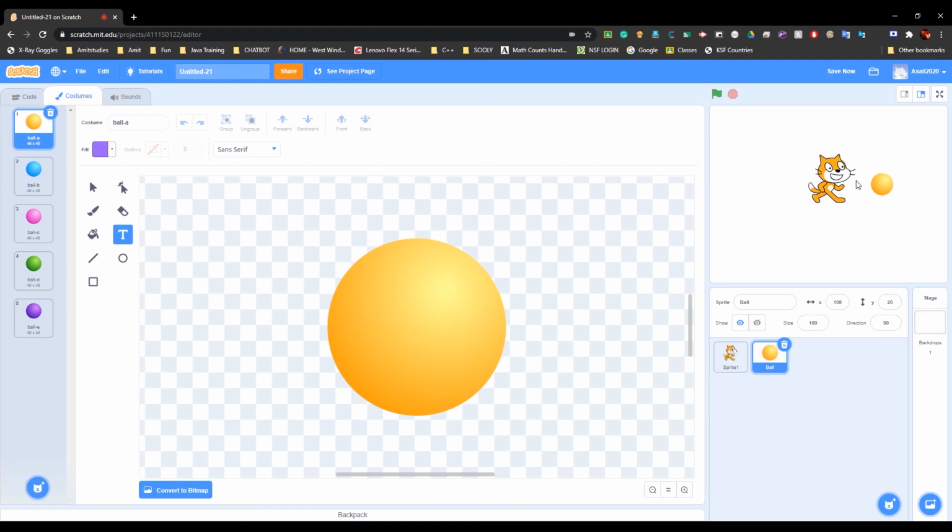By combining all of these different functions and parts of Scratch, you can create something very interesting, like a